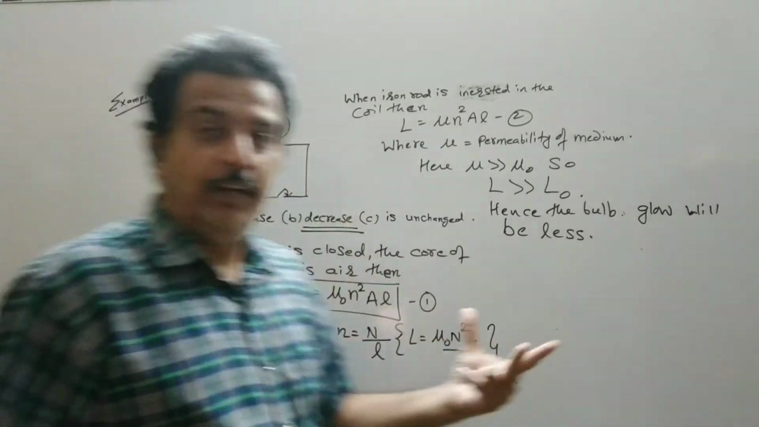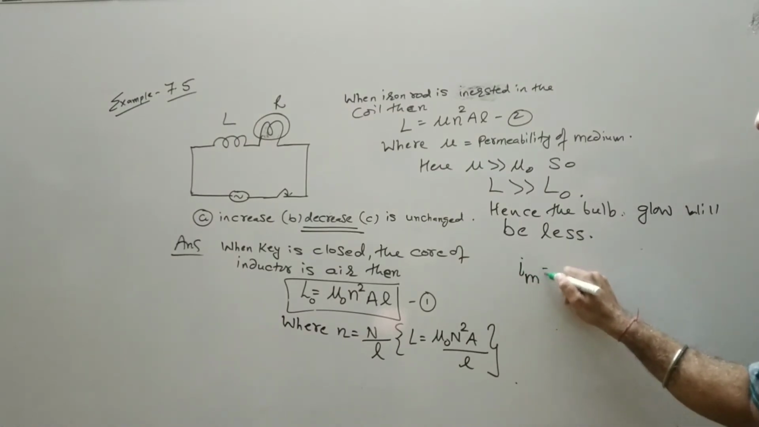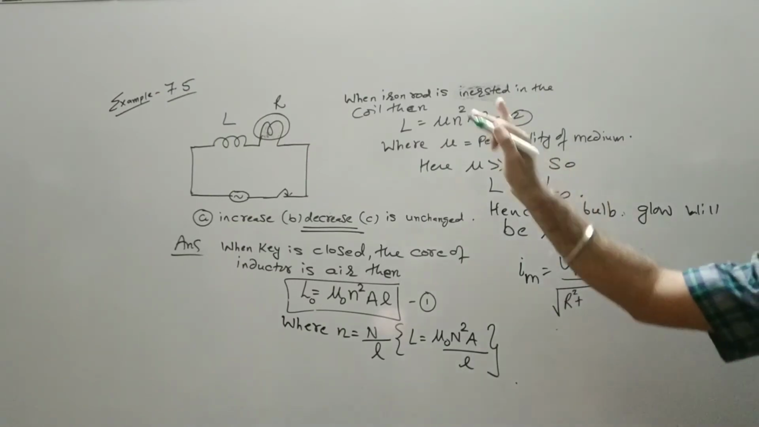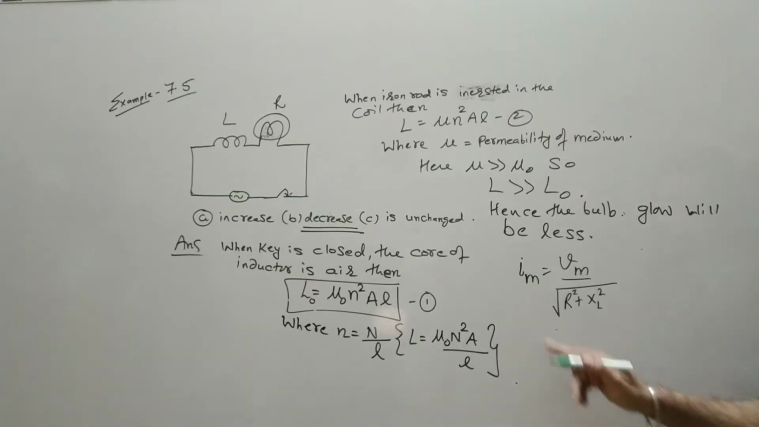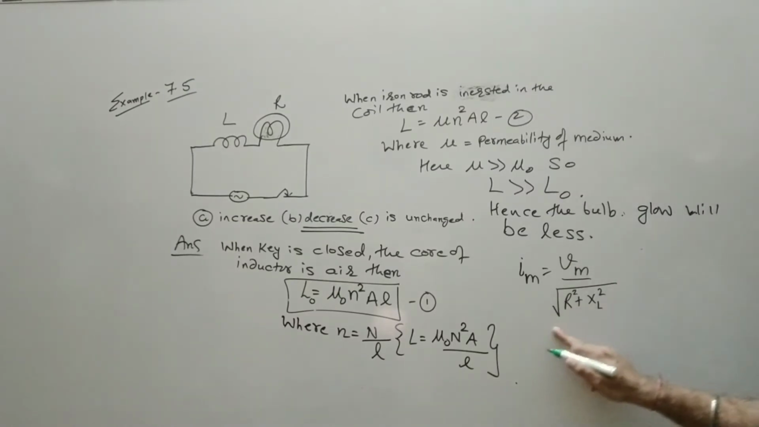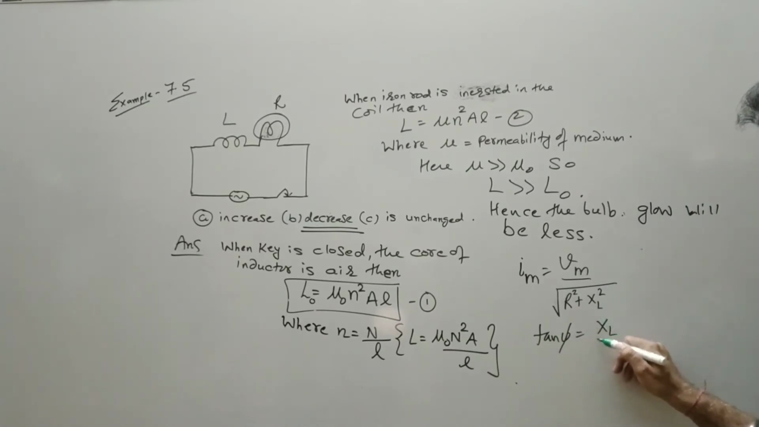Now suppose we want to find out the current in such a circuit, then the maximum current in the circuit will be equal to Vm upon impedance, using Ohm's law. So here impedance becomes under root R square plus, there is no capacitor, so we remove XC, and then we have XL square. So Im should be Vm upon under root R square plus XL square. And in case we have to find out the phase difference, then tan phi is equal to